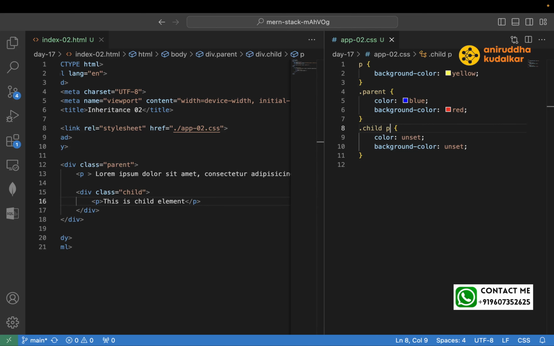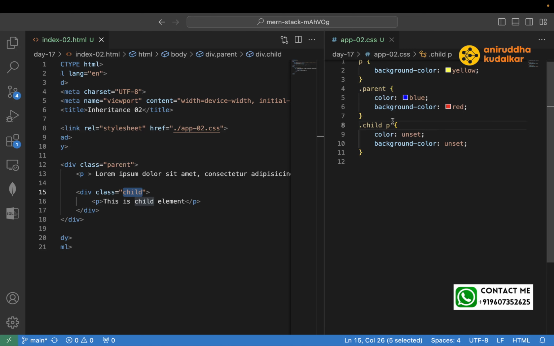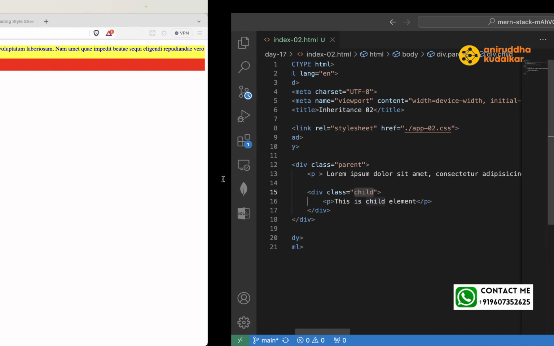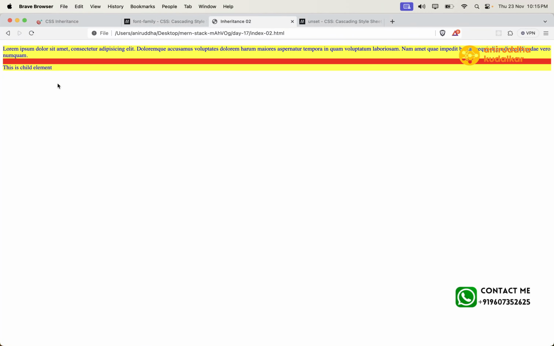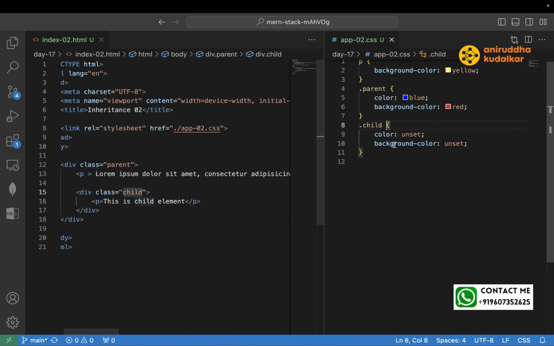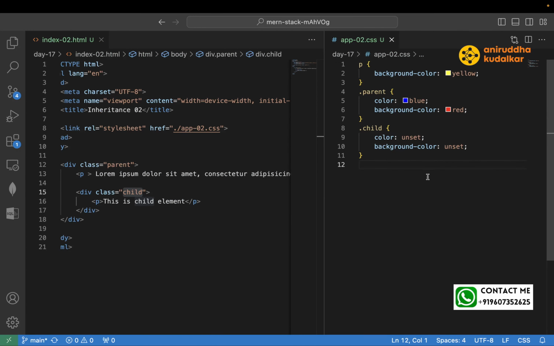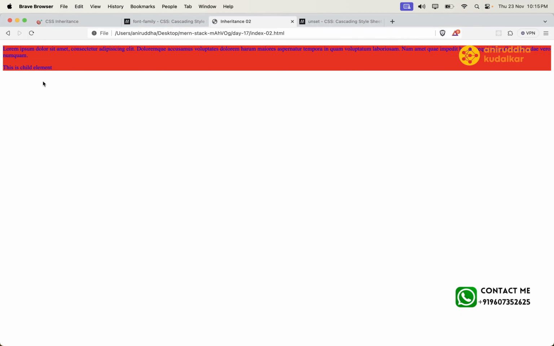So here, parent, this P inside the child we have, child, unset the color. Yeah, see now, if you see here, what is the default color? If you remove yellow, this part also, if you remove this part,